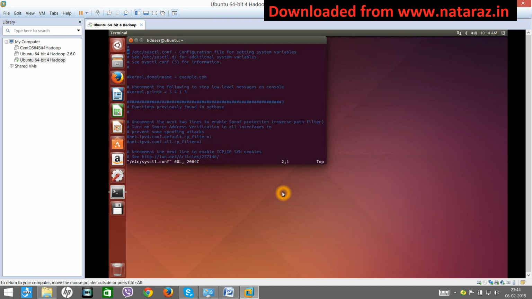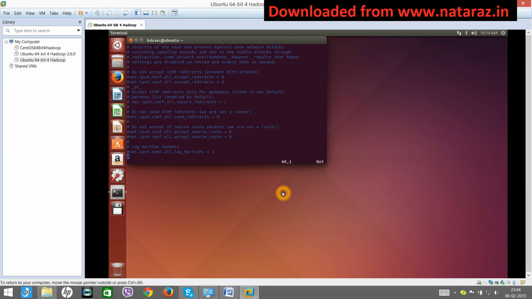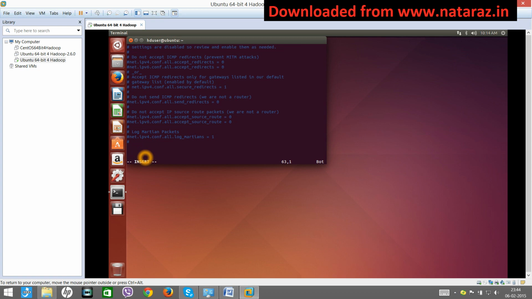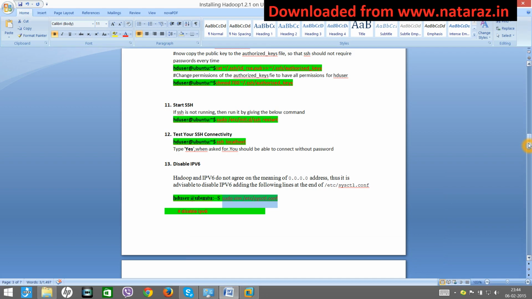Okay, now you go down, completely down. Press I to get into insert mode. You will get this insert here, and then say enter, enter. Here you paste this piece of code.